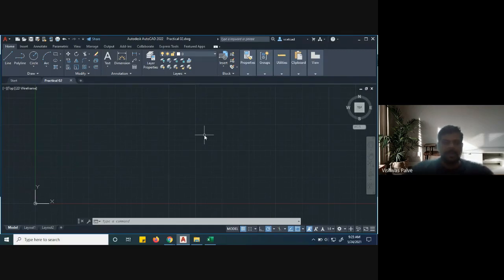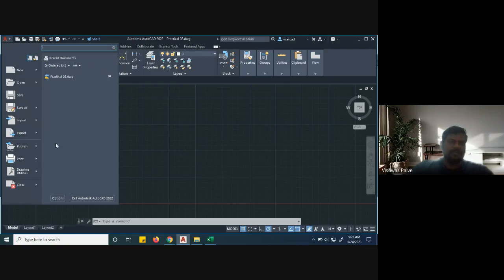So make a habit of using Control S every 10 or 15 minutes, or after some critical command, or after completing a drawing, to avoid loss of data. Print and plot we'll see later on.